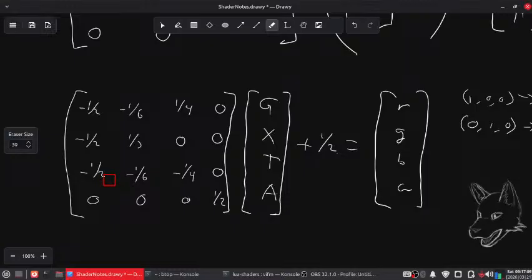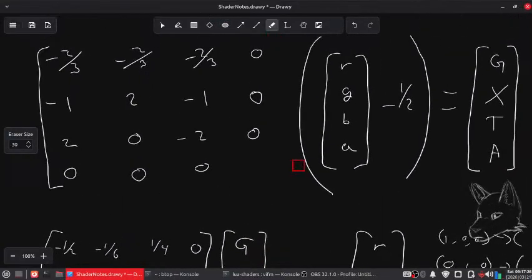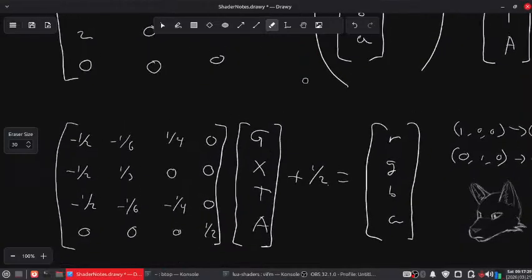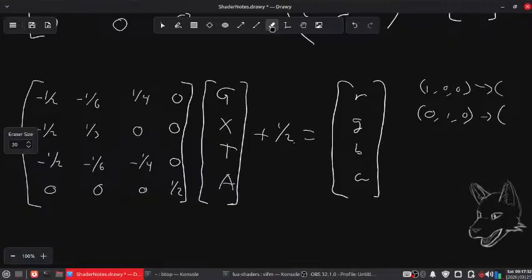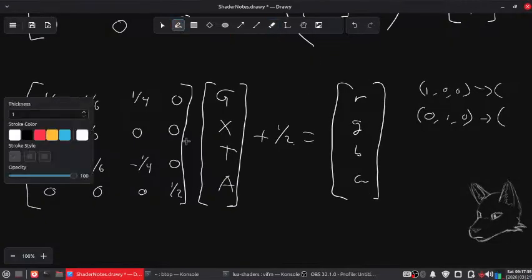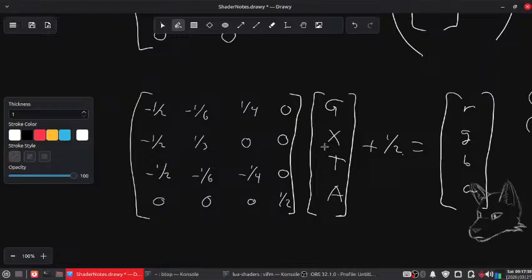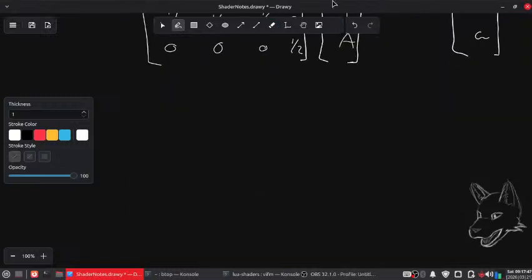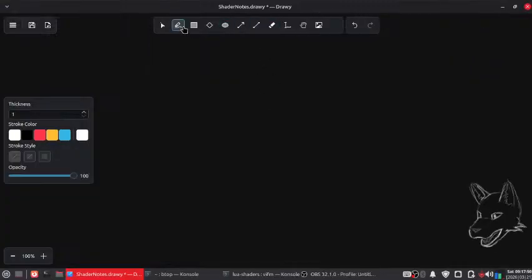Is this backwards? I think I'm doing this backwards. Okay. Yeah. Because if I do that mapping, this is the incorrect mapping. Which means, okay. So, let's do